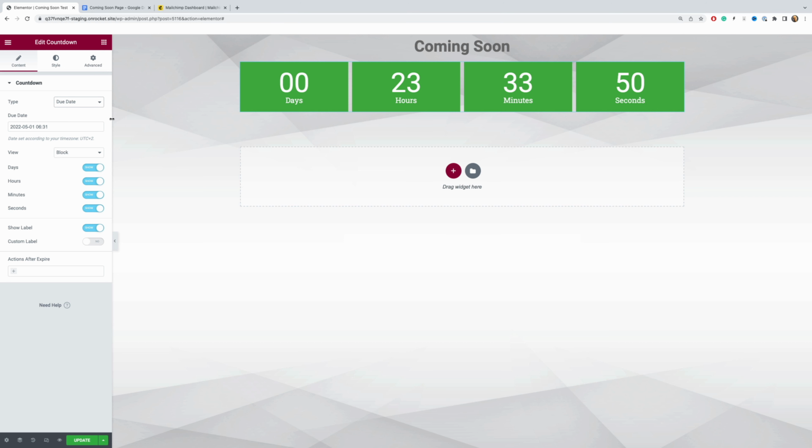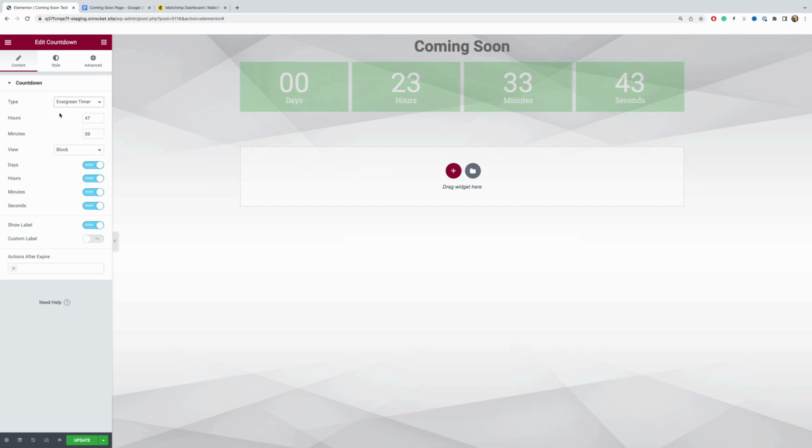But you also have an Evergreen Timer, and that's a little bit different story. So let's choose that one. I think that this is mainly used for marketing purposes. Not necessarily a big fan of this, but you may find it useful in your own use cases. So the idea of this timer is to show the same timing in this timer